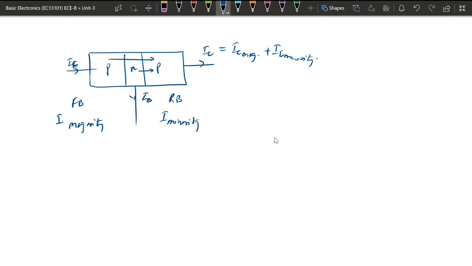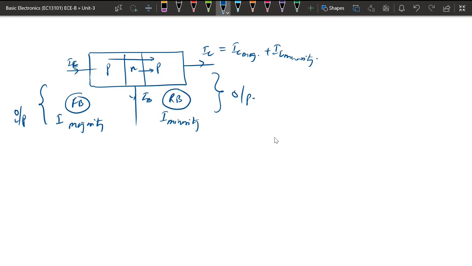And also this input region needs to be biased in forward region, and this is considered to be the output region, output terminal. This is the input region, we can call it. Okay, so this is the input region and this is the output region. So input region is forward bias and output region is reverse bias, and the overall current that will be flowing will get the dependence on the majority as well as the minority. That's why it is called bipolar transistor. And whatever current is there, here output depends on the emitter current.